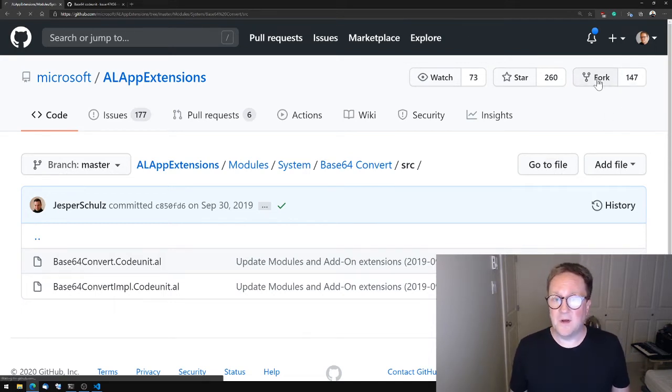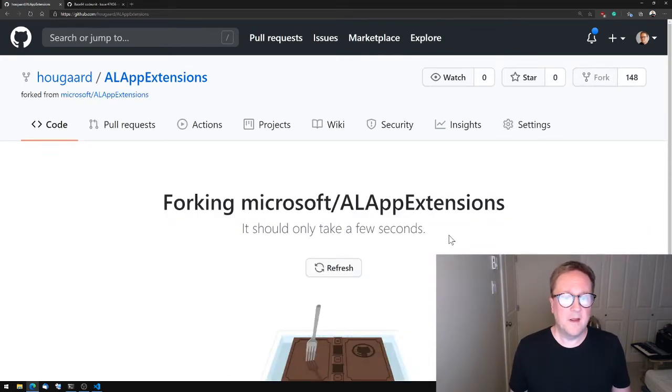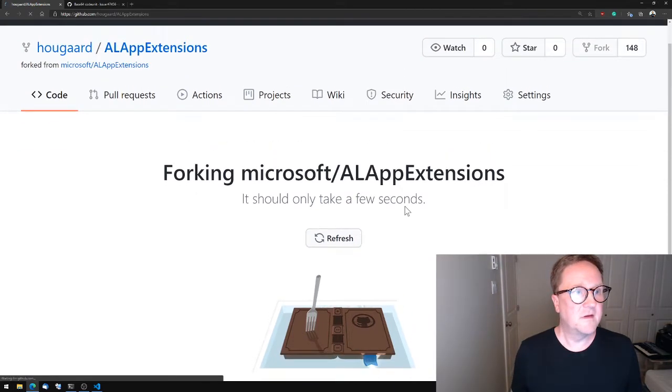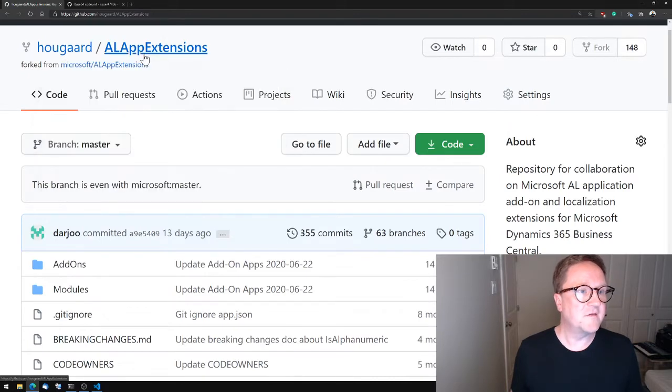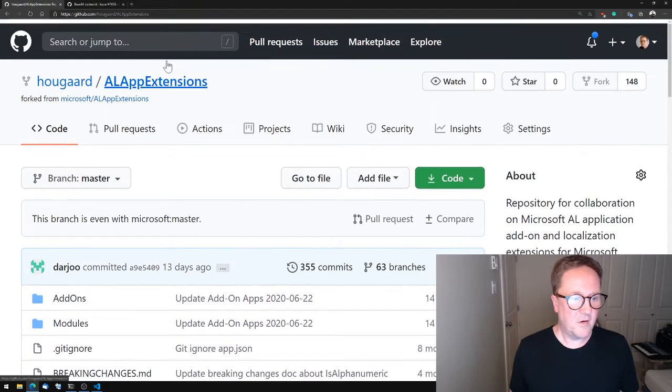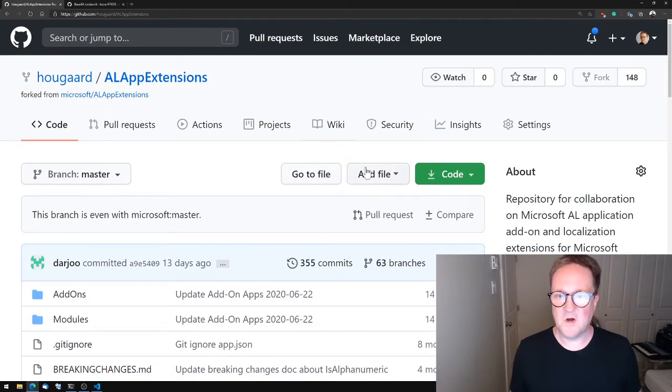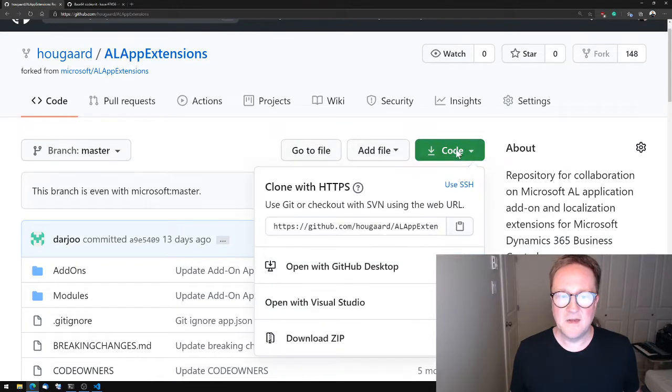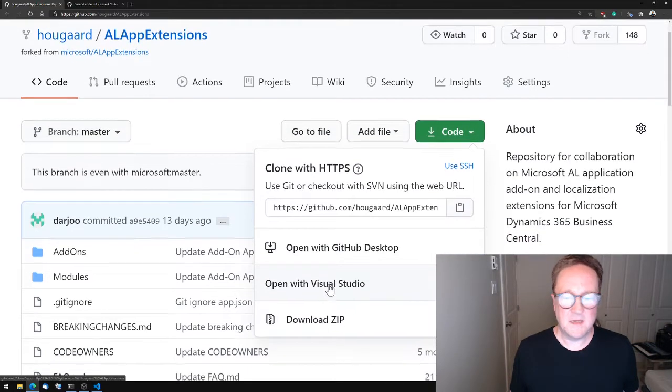repository, and I do that by clicking fork, and this should only take a few seconds. So now you can see it's Hogard/ALApps extensions. Great. So I already had this now in mind, so this is a copy. So what I can do here, because this is all Microsoft, I can simply say, let's